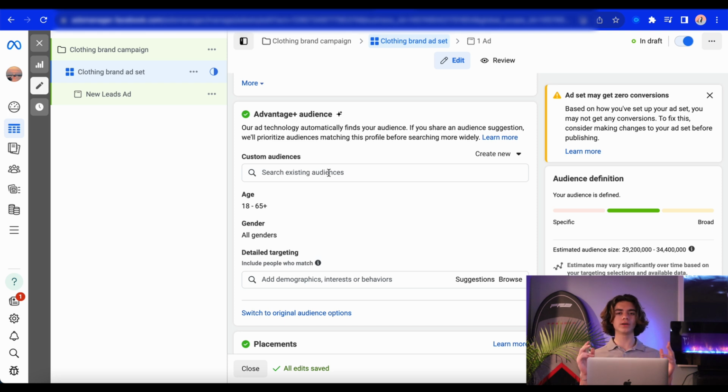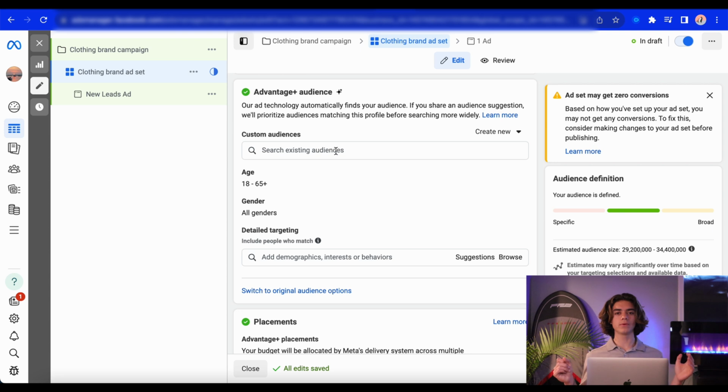That's something that you do a few months down the line once you have your ad running for a little bit. But for this example, we don't have a custom audience, but that is something that we definitely do here